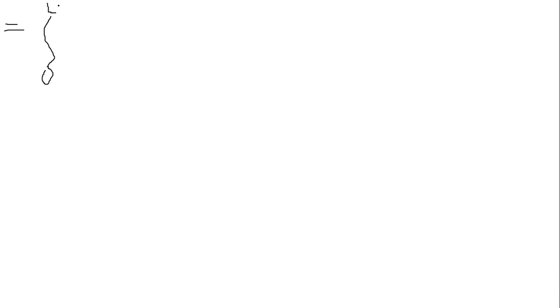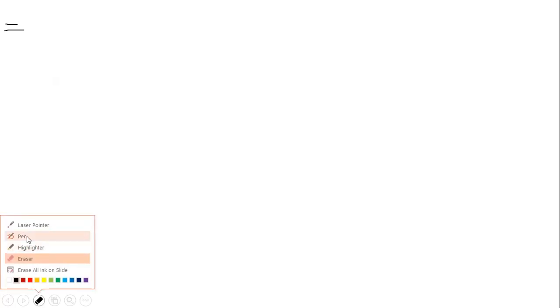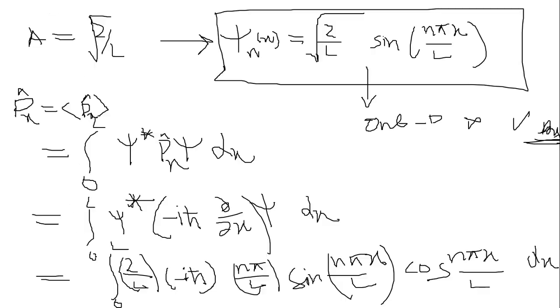0 to L, then 1 by L will be outside, we can take the constants outside. They have nothing to do with the integration. So here minus i h cross will be coming outside, and here we have n pi by L, and this L will make it n pi by L square, and these two will be merged in this sin x and cos x to give sin 2x. So it will be minus i h cross n pi by L square, integration 0 to L